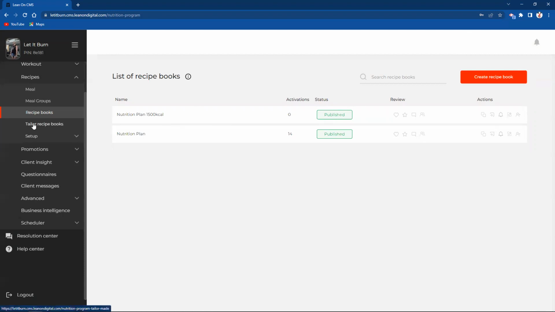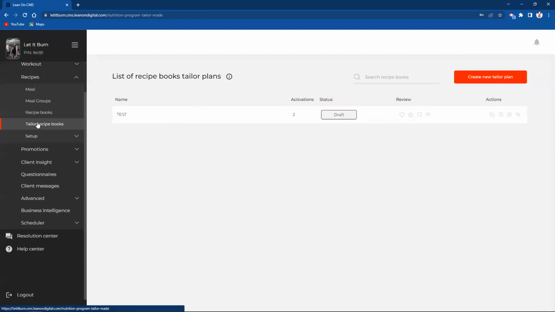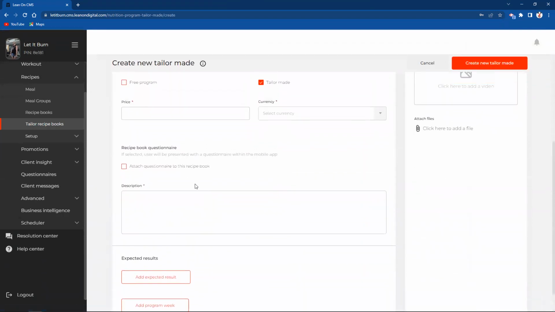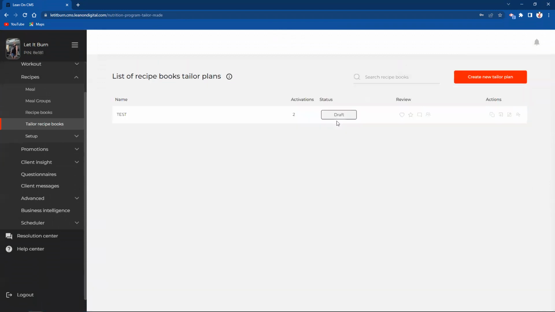Next thing we're going to cover is tailor recipe book. The form is pretty much the same as regular recipe books, but the same principle applies like workout plans. Those tailor recipe books are just for specific users, one-on-one coaching, and they are usable and visible to subscribers that you assign them to. For example, if I click assign, find a user,